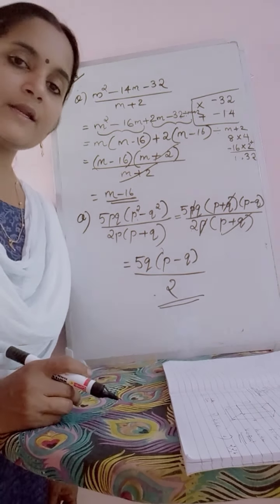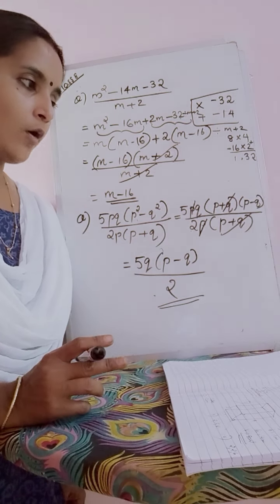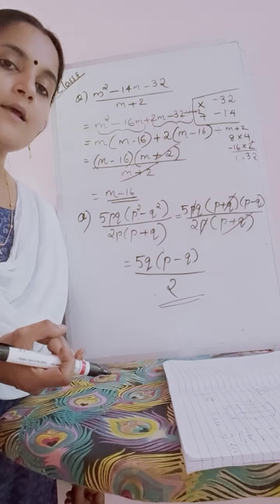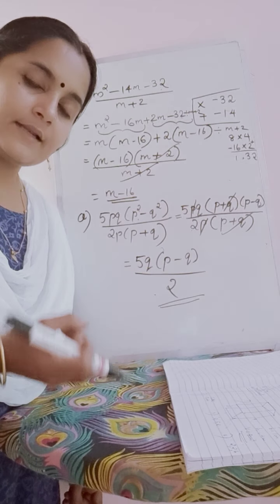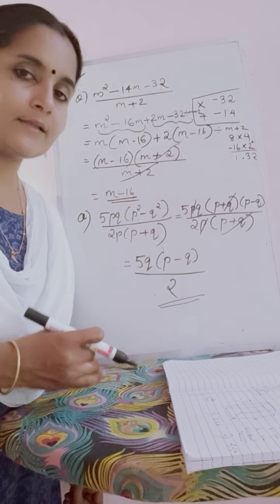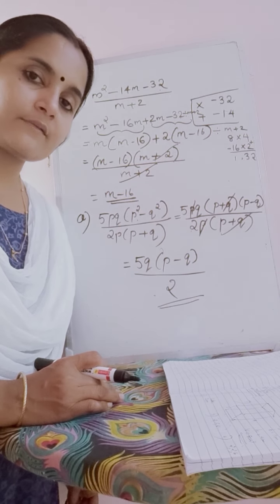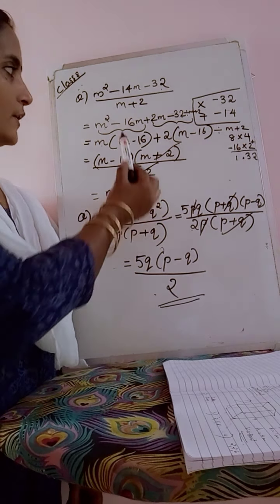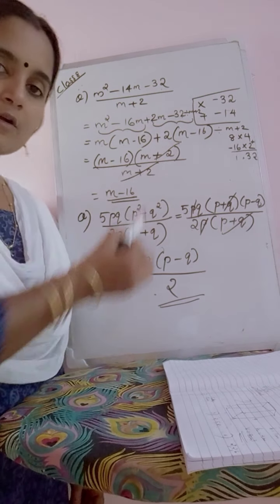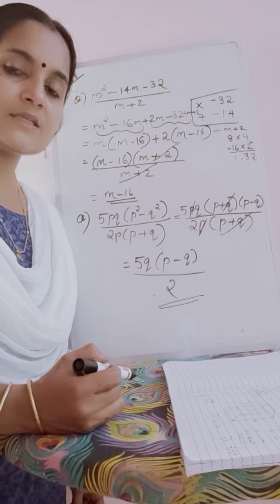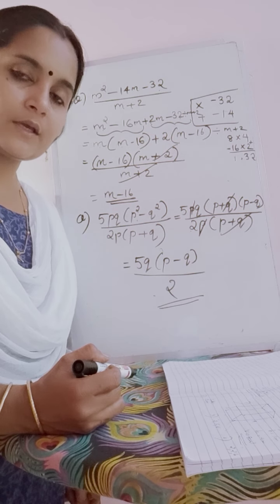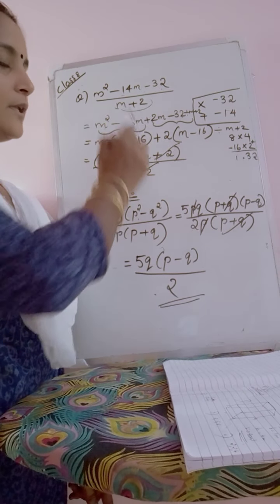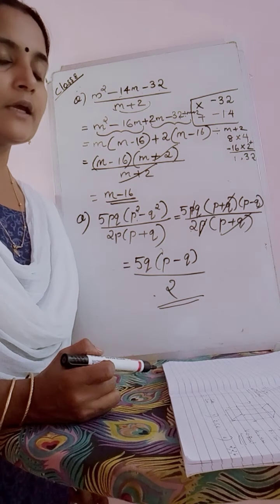These are the different cases in the topic division of algebraic expressions. Which are they? Monomial by monomial, then polynomial by monomial, and the last one is polynomial by another polynomial. In this case we can factorize the numerator and denominator separately. If we have this type of expression in the numerator also, we can factorize it. Then check if there are any common factors, then you can cancel them. Here we have an expression only in the numerator. In the denominator we have single factors, so we can directly cancel it.